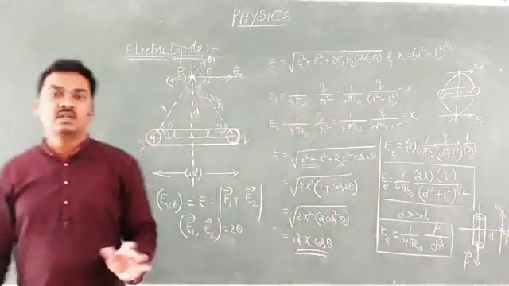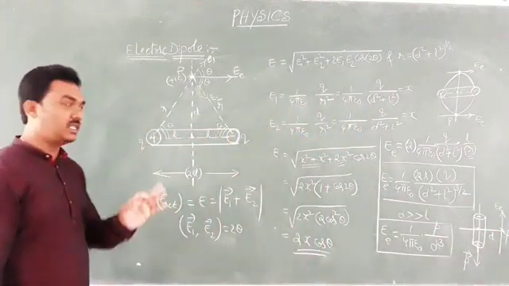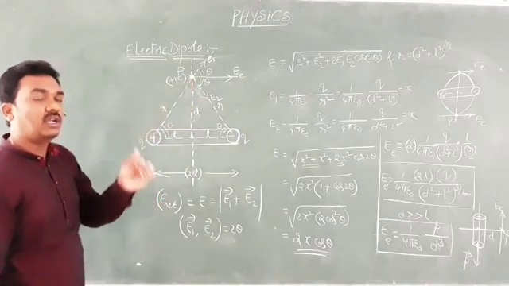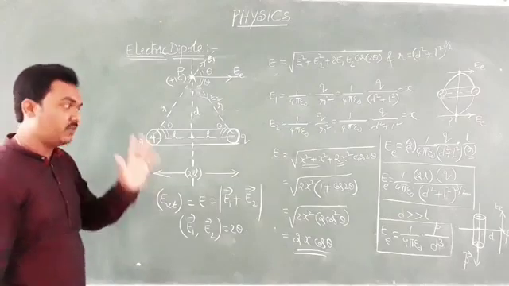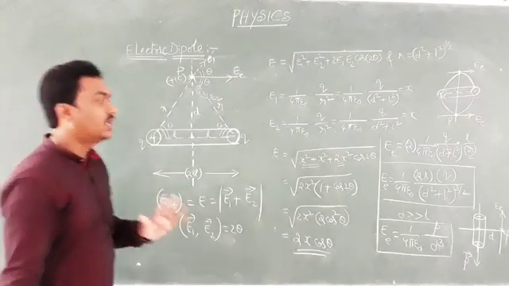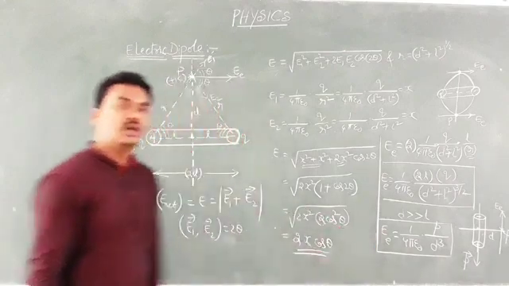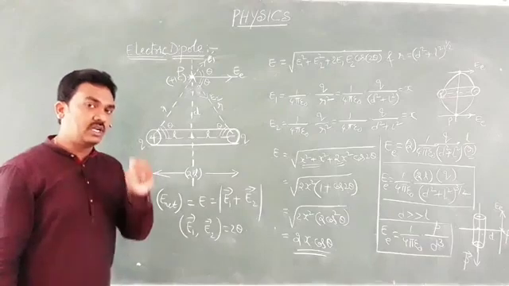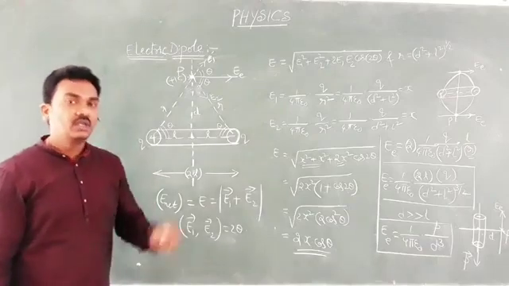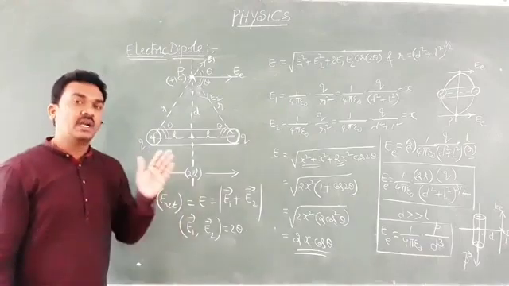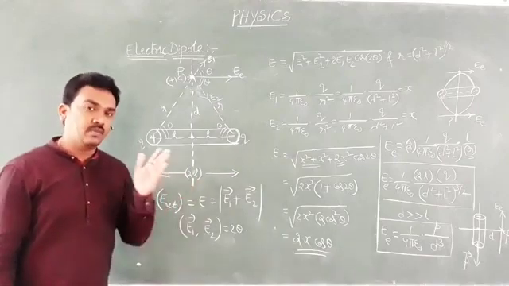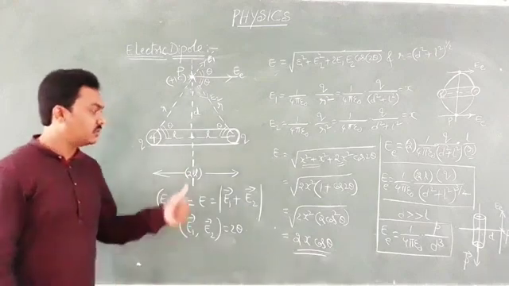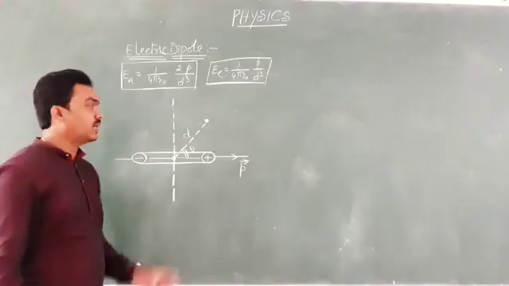This is very important. The direction of electric field intensity at a point on the equatorial line, and at a point on the axial line, is very, very important. Don't neglect the direction. Apart from remembering the formula or equation for the magnitude, try to concentrate on the directions of electric field due to an electric dipole at a point on its axial line and at a point on its equatorial line. This is a concept. Once note down, once look at the board.